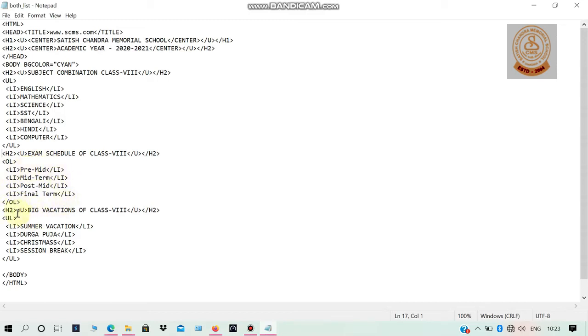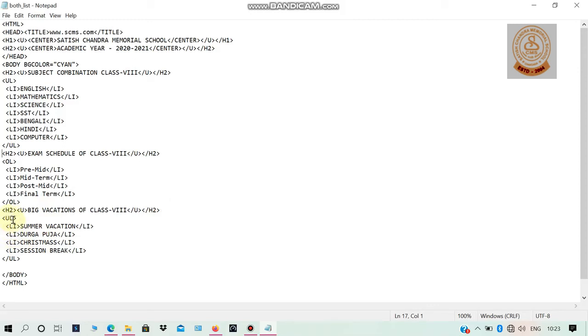And now again, the last and third semi heading is given with H2 heading size and the underline tag is started, and after that big vacations of class 8, this is the third or last heading, and then the semi heading is completed with the ending tag of underline and the ending tag of H2. Then we start with the UL tag.